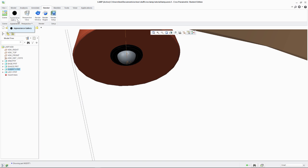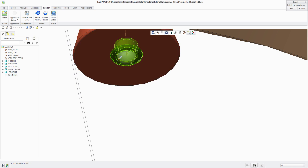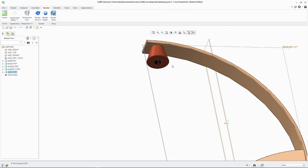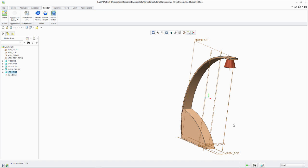So we're going to select appearance gallery again. We're going to go to plastics clear, and if we hover over these, some of them have got tints, so you can choose one with a tint or a clear one. So I think we'll try it. Let's try a blue tinted one and click OK. Right, so now we've applied, that already looks better,